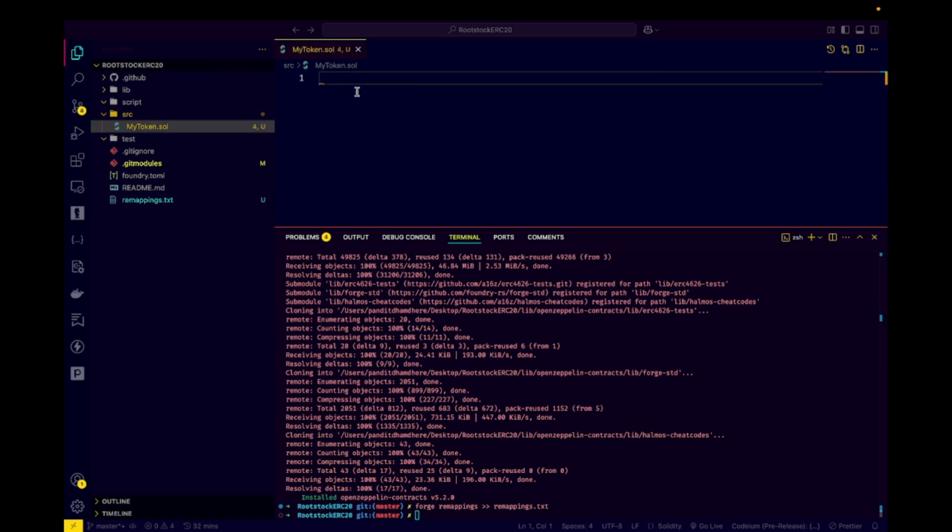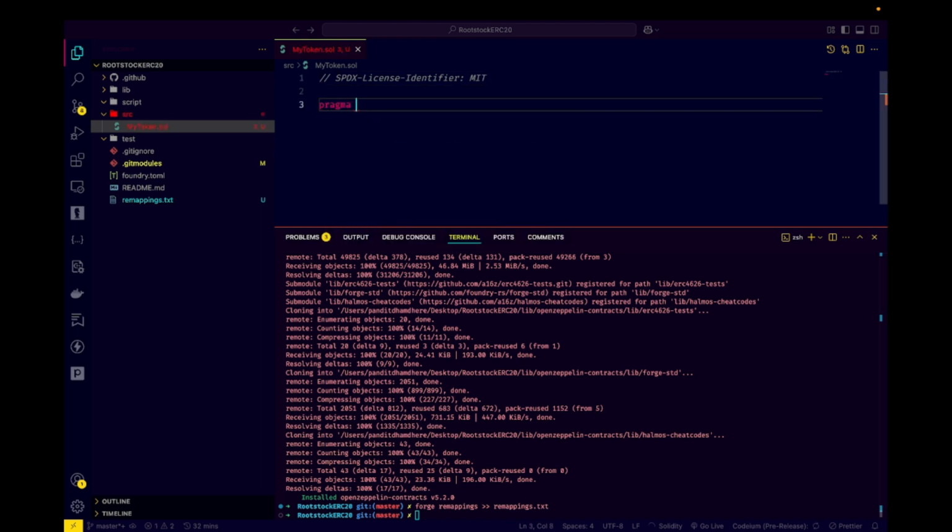So let's start writing our smart contract. SPDX license identifier MIT, pragma solidity, we are going to use 0.8.19,